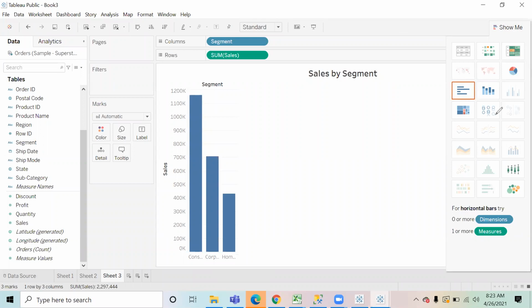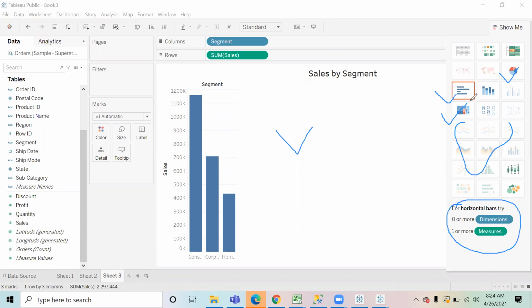There is something I would like to tell. You see, there are certain charts which are grayed out and certain charts which are active. What this means is that based on the fields that I have right now on this chart, this chart can be converted into this type, or this type. I can convert them into the active ones, but I cannot convert them into the gray ones. Why? Because for every chart, there is a minimum requirement. You can see those requirements over here, right?